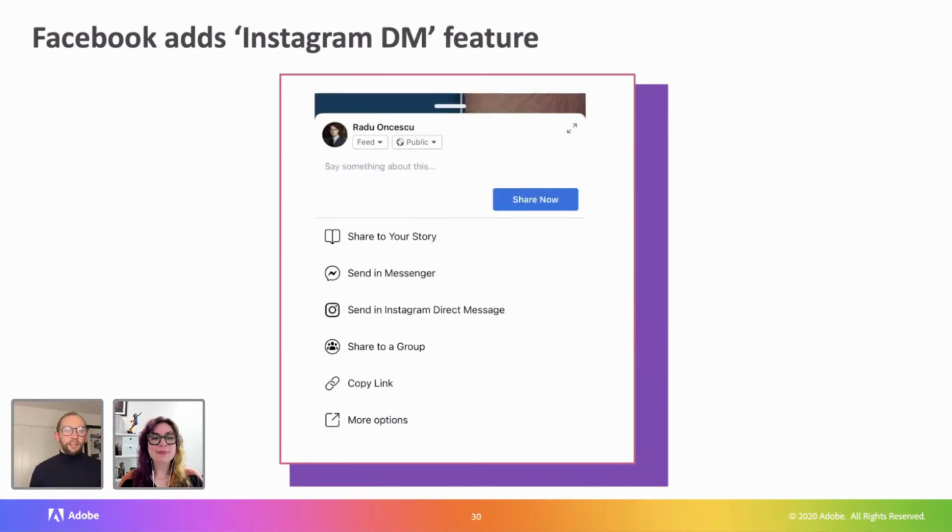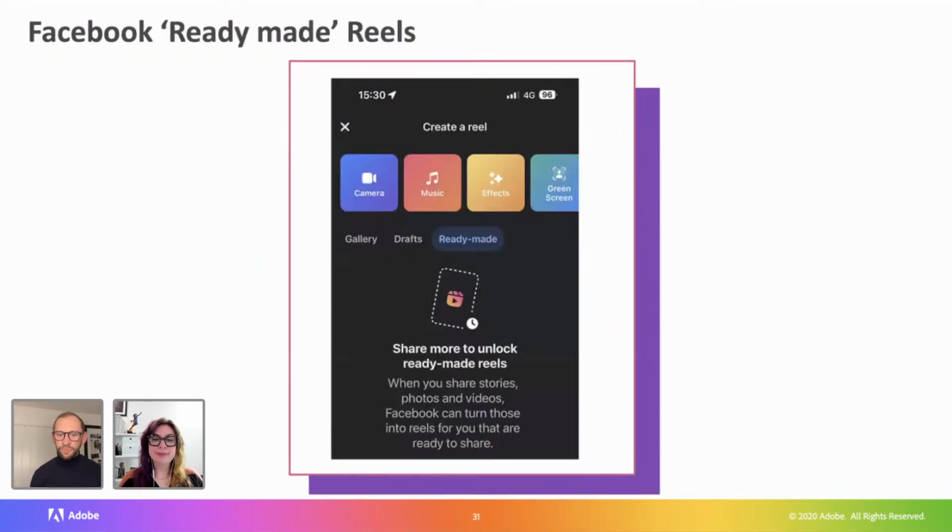So that's live now. This is a new small update from Facebook, but once again, interesting. It shows how they're focusing cross-platform. Facebook and Insta are kind of becoming one, if you will. So when you're creating something in the feed, you can just send it directly in an Insta direct message. And whilst I don't think that feature's critical to grow our brands, I wanted to flag it because it just goes to show that point I made earlier about the rise in private sharing. And increasingly we're seeing more features to facilitate that.